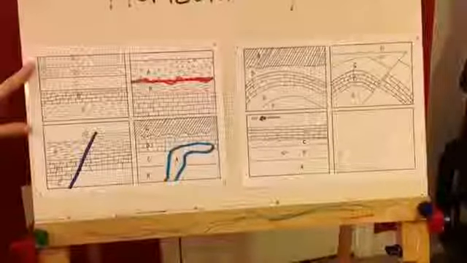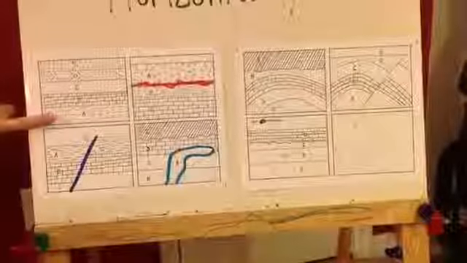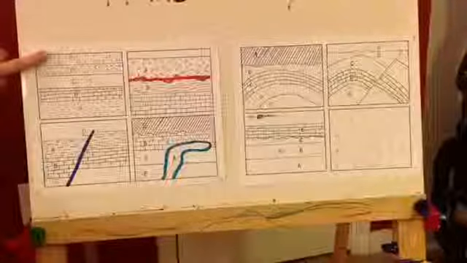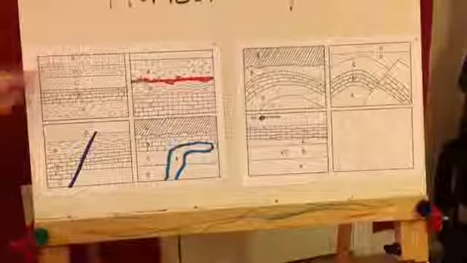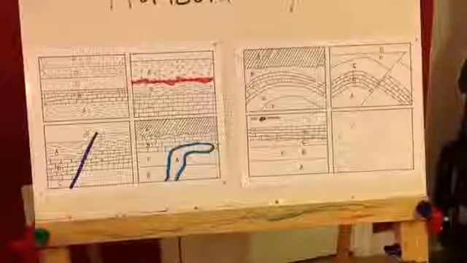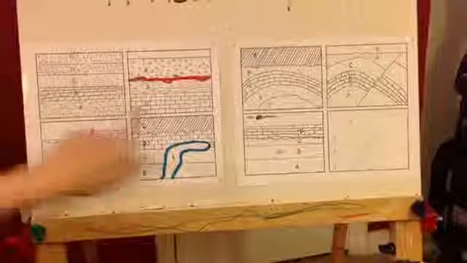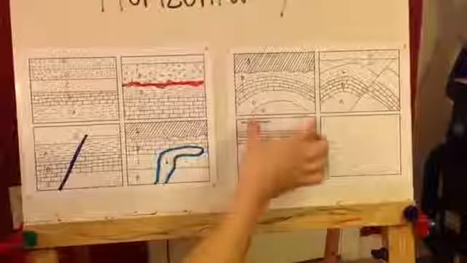What the law of superposition states is that the oldest rock is always found at the bottom, and it gets progressively younger as we move to the top, as long as these are undisturbed rock layers, and this is very much undisturbed. The second law, which is the law of original horizontality, states that all of the rock was originally laid horizontally. Okay? Now if we come over here, we can see that this is representing some kind of bending,